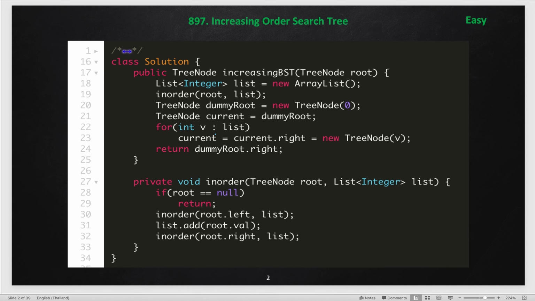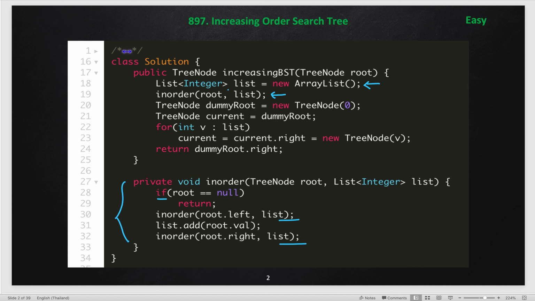So, here is the code. First of all, we are creating a list reference which we will pass to our in order traversal, so that we will get all the elements of our current tree in sorted order. Then we are calling the in order traversal helper method. This method is straightforward: just check the root, if null then return, otherwise keep calling for the left subtree first, then add the value of that node into the list, and then keep calling the right subtree from that node. After that we will get the in order, sorted data in the list.